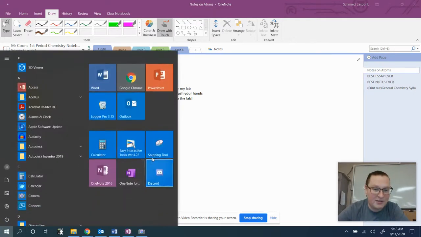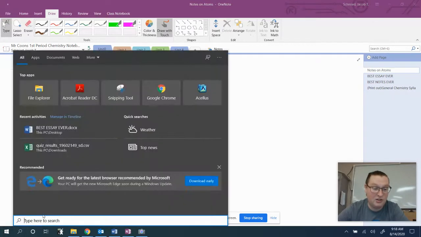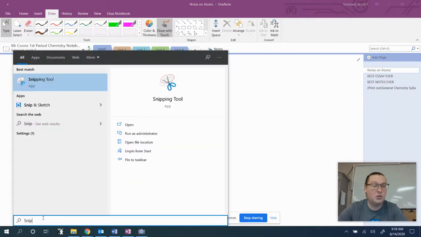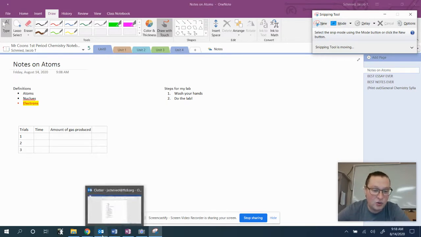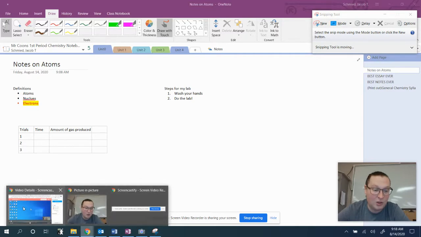So you might already have the snipping tool here. If not, it's literally just called the snipping tool. I just search snip. And what this is going to allow me to do is take a snip, a screenshot, not the whole screen, but just what I want from anything. So let's say I go to, oh, I don't know, I'm going to go to